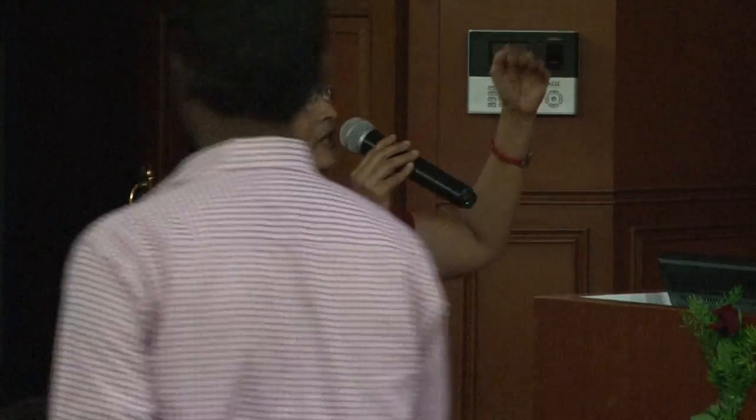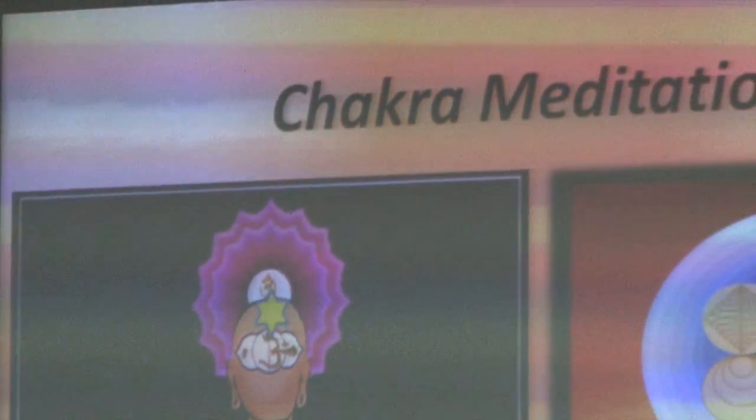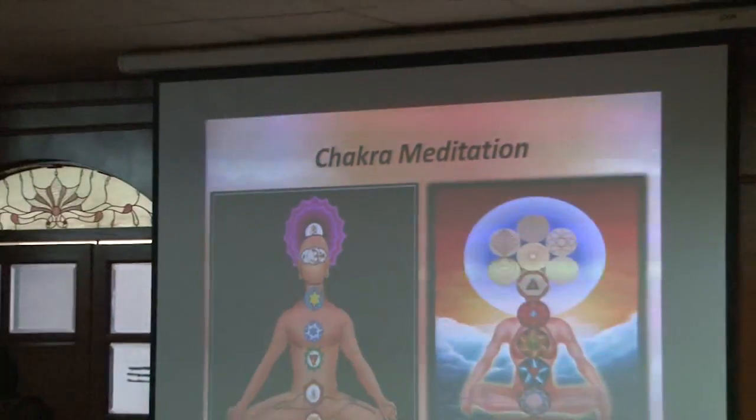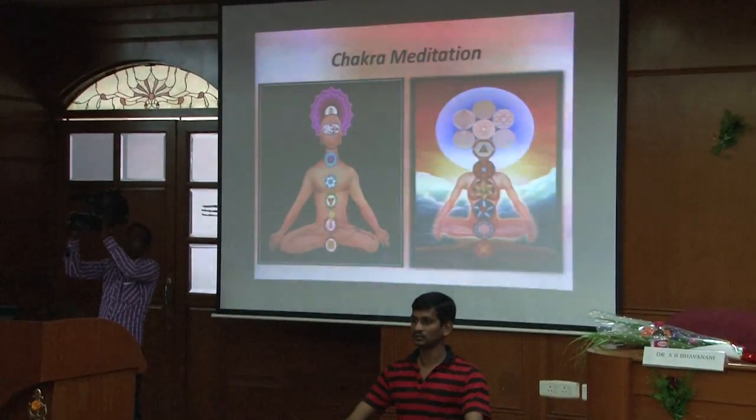All the chakras that I told you, Muladhara, Swadhisthana, Manipura, Anahata, Vishuddha, Agnya, and the top of the head where you see that expanded pink colored 1000-petaled lotus. So this is the practice that we're going to internalize now. Visualize as if the energy from within is rising up along with your breath, where as you're breathing in, the energy rises up to the top of the head, and as you're breathing out, it'll come down. It'll go on for a while till you are ready, and then after maybe 6 rounds of this breath,